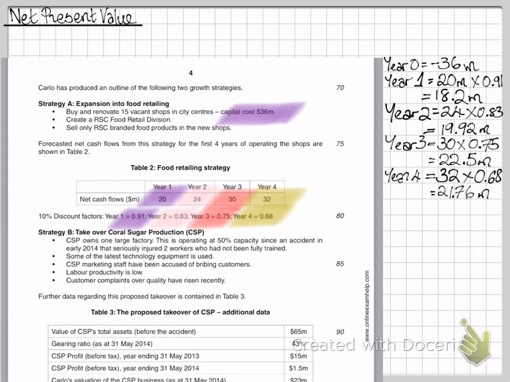Okay, so what we've done so far, we've worked out the cash inflows and outflows for each year: year 0, year 1, year 2, year 3, and year 4. Now to work out the overall net present value, what we have to do is add all these. Since the first amount was a negative outflow, our initial investment, then we add the values from year 1, year 2, year 3, and year 4. So minus 36 plus 18.2,